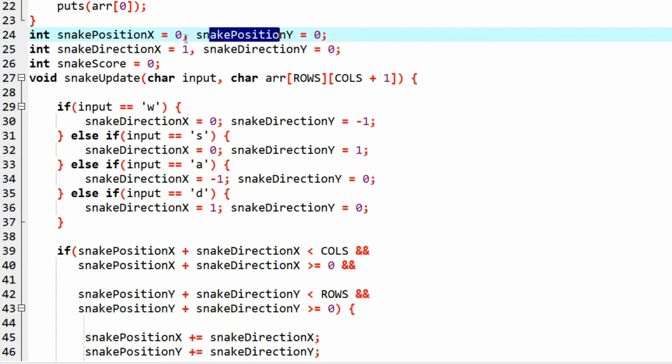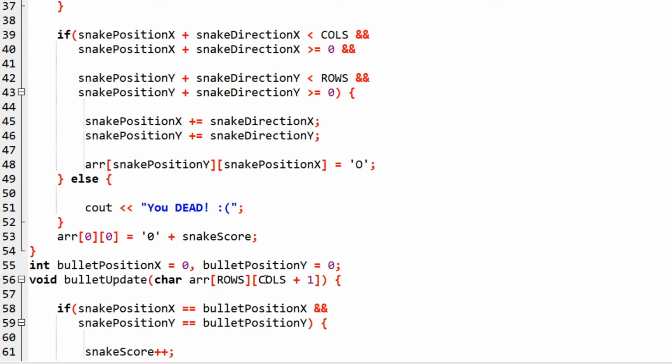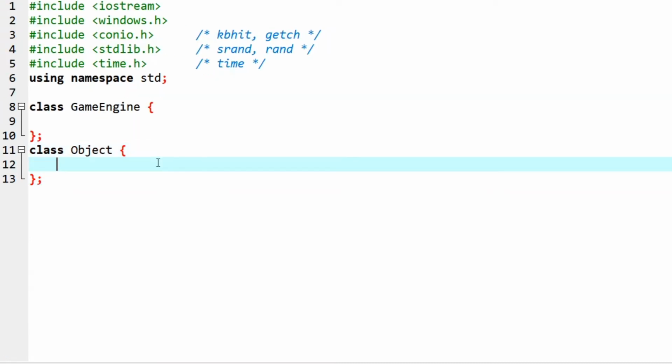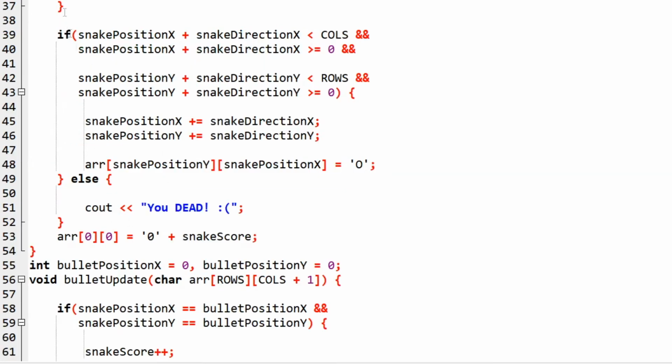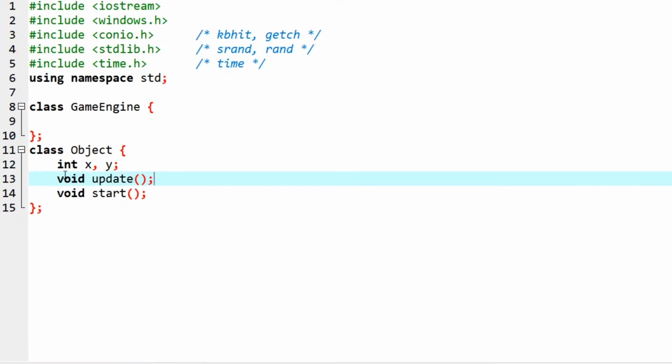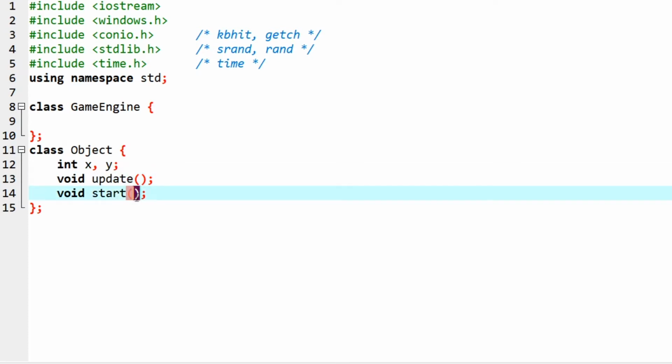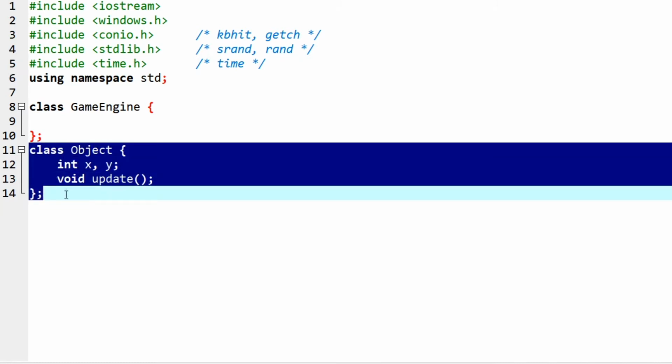So what I want is for these to be a part of everything that goes on the screen. So let's do that. Everything will have an X position, everything will have a Y position, right? And everything will also have two functions with them. If you are already familiar with the code here, you should understand that this update function will work as it did before. The start function will work as it did before. This start function is actually new. We'll talk about this later, but this should be very familiar to you.